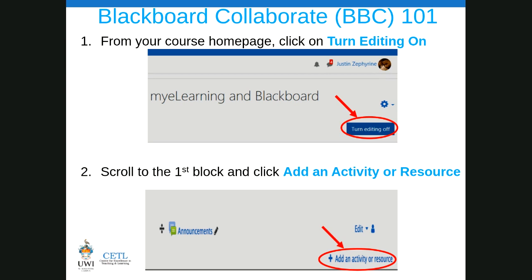What I will do now is go to a course and share my screen, so at least those of you who may not have a live course can see what it looks like. Is that okay, or would you like me to just stay on the slideshow? Okay, great. So let me share the screen, and I'll recap the process for the slideshow.